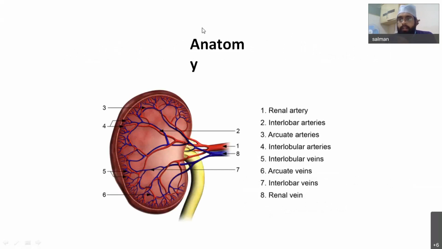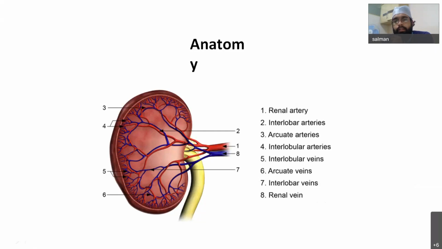So let's start with basic anatomy of the renal blood supply. The renal arteries are paired arteries that arise from the anterolateral aorta, approximately at the level of the intervertebral discs of L1 and L2. They're approximately 5 to 6 millimeters in diameter. The right renal artery is longer than the left renal artery, and the left renal artery arises slightly higher than